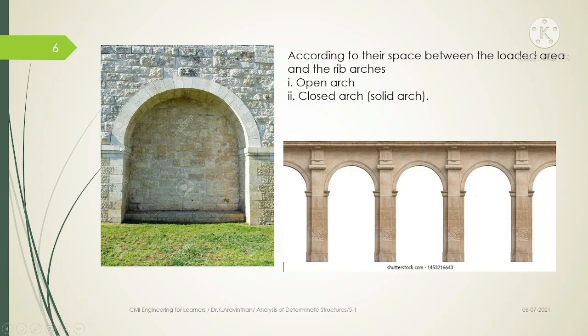So you can see this arch is fixed at the ends, and it is not a single member, it is segmented. So this is a fixed, segmental, and masonry arch. So you can see the number of tags added to an arch. So these are the technical specifications from a civil engineering point of view. You can see this is not a segmental arch, this is a single material, and this might be a stone, and its ends are fixed here.